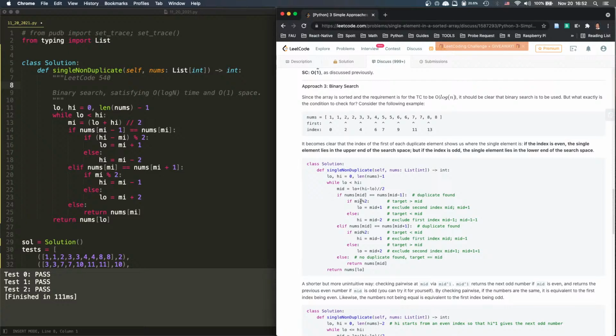Why do you use mid? Well, that's true. You can use mid to decide. Duplicate found, and if mid, because if so mid is here, so it has to be, if it's even, then must be on the right side. If it's even,